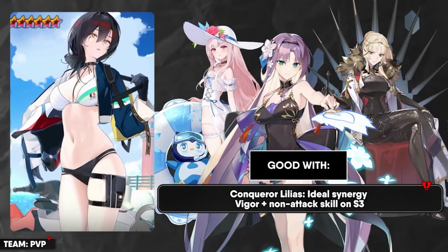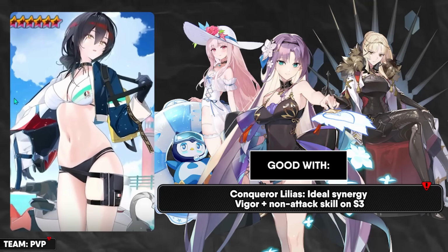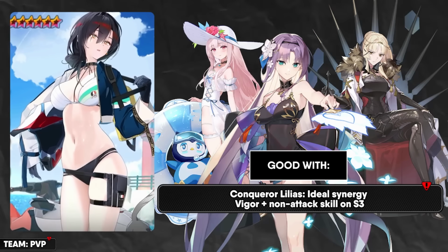but with this said, Conqueror Lilius, as showcased in the preview video, is clearly who Smilegate intended Hwayoung to be paired with. This is because she provides both a non-attack skill and vigor on the same button, but as I'm sure you guys have probably guessed, this is also a character that feels slightly weaker as she isn't as fast as some